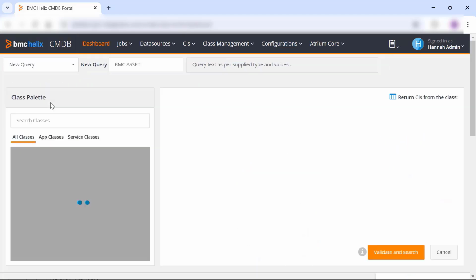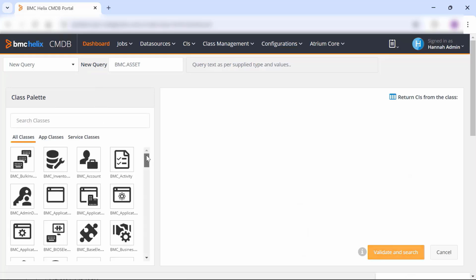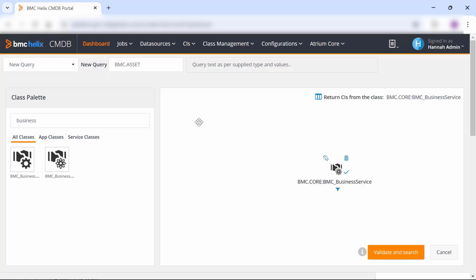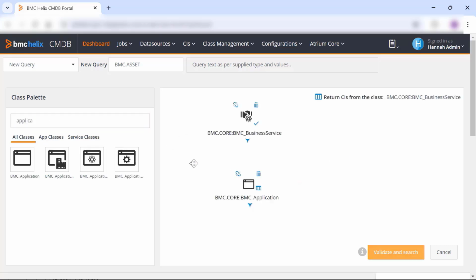So I go to new query. Here under the class palette, you can see the classes from which you can search the CI data. And here not only a CI, but if you want to see a CI with particular relationship, that search can also be done from here. So for example, if I want to search a business service CI which is having relationship with the application CI, so I will take application and business service CI in the pane,